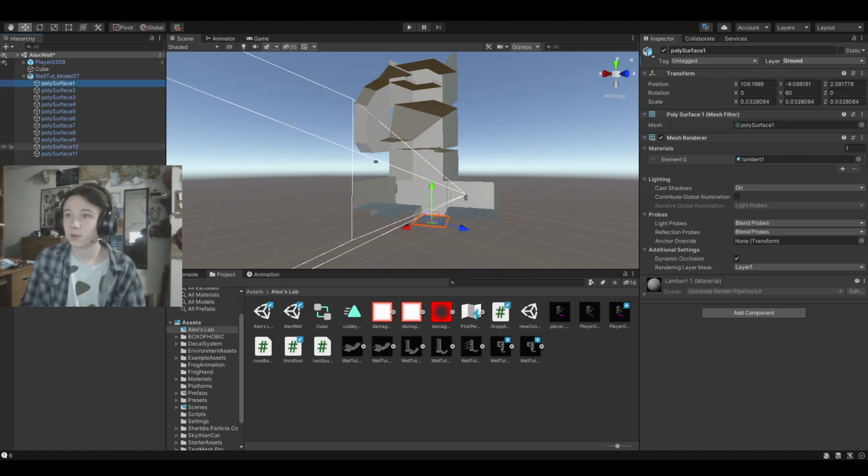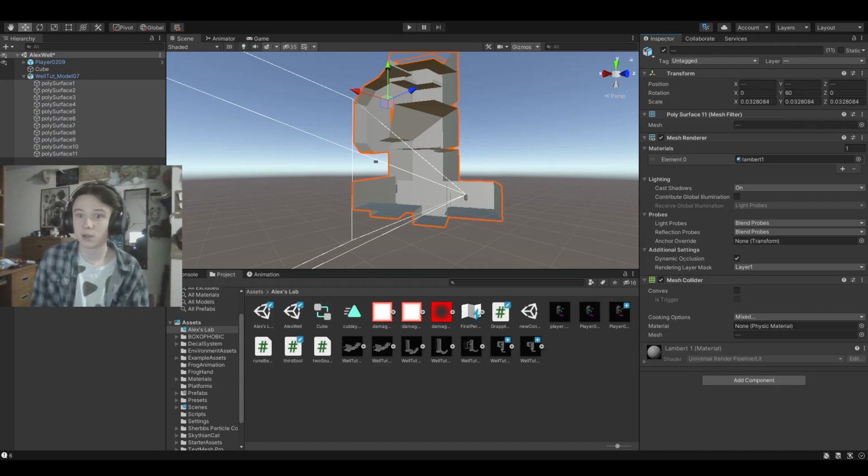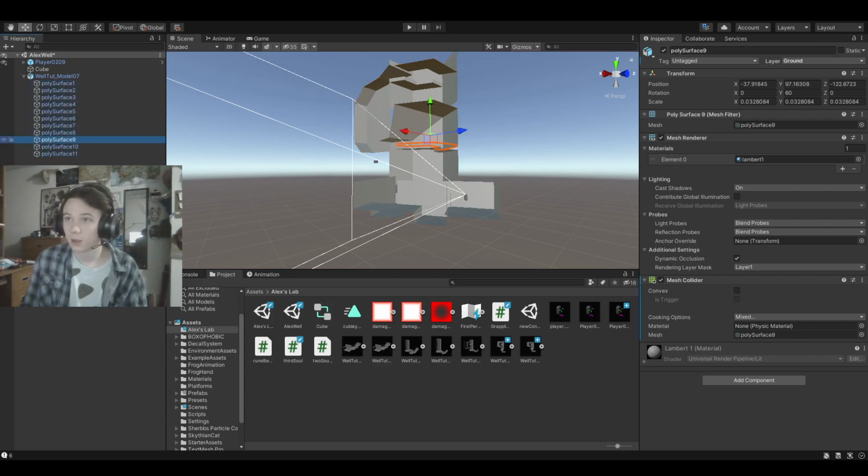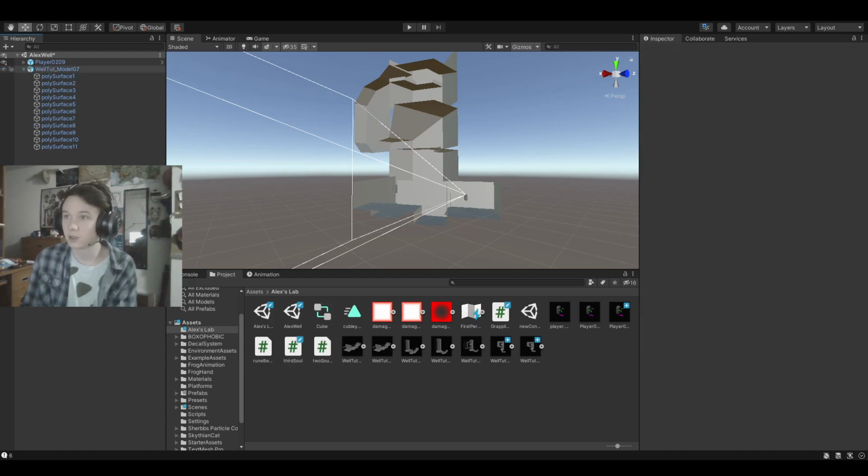And then the final thing is give it all a mesh collider, which you don't have to do anything to right now. And each one now has its own individual mesh collider. I'm just gonna get rid of this cube. It was a thing from earlier when I was debugging some stuff. So yeah,